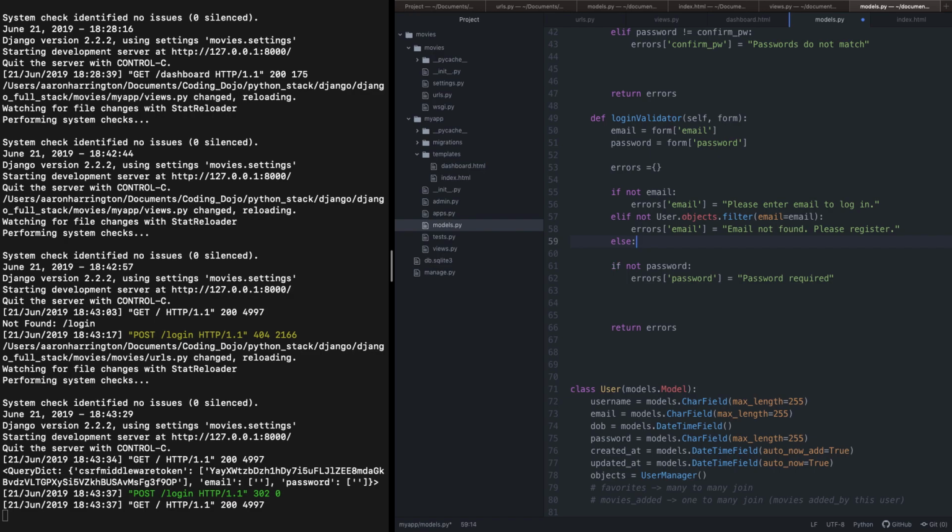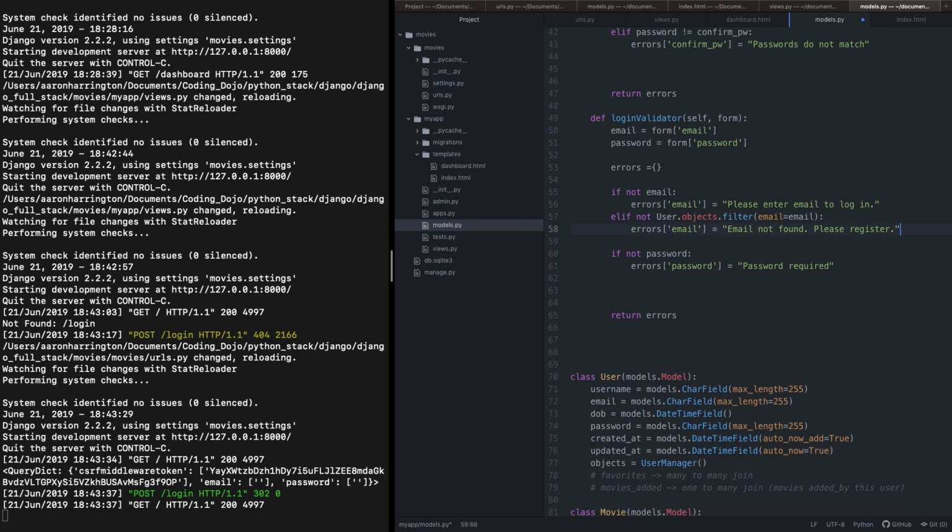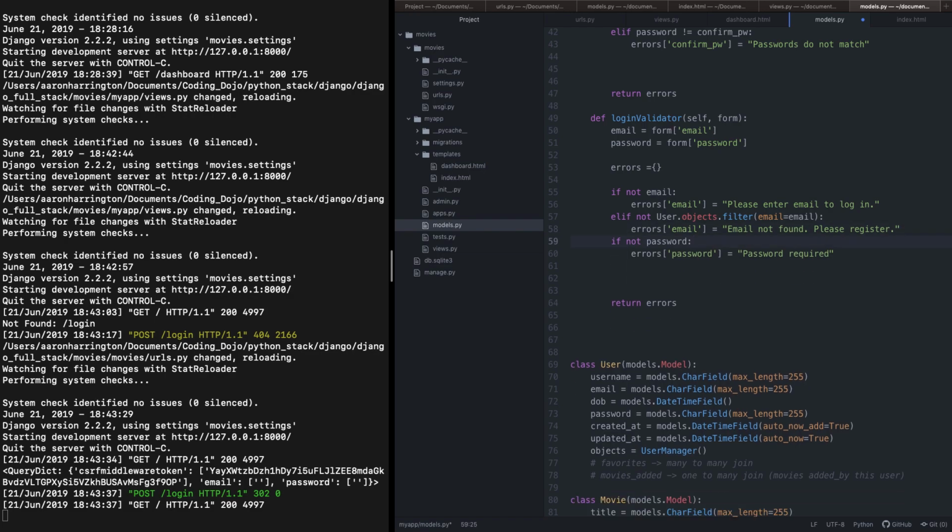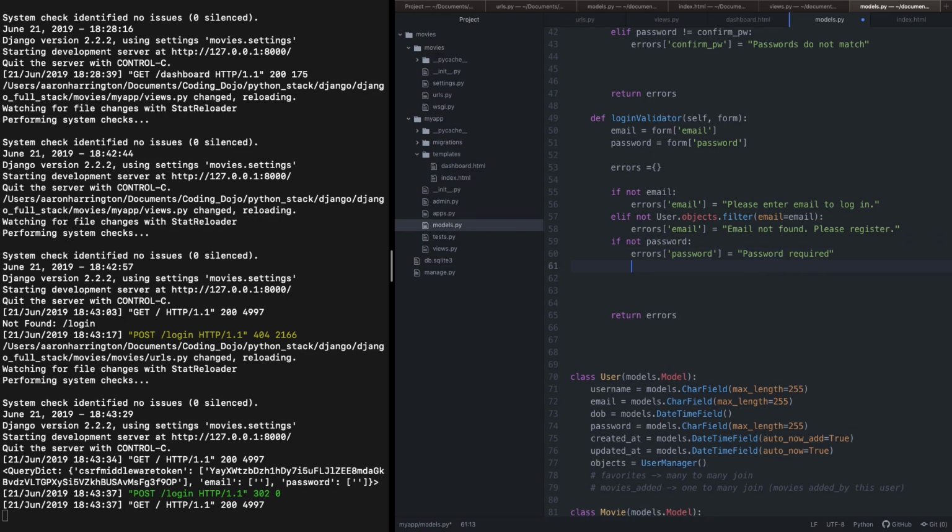Now we need to check the passwords. Okay, so the password of the user that matches that email with the password that was entered. So we know that some password was put in, right? So now we need to do, oh, the email part, because don't you think it should go right here? Because if the email,